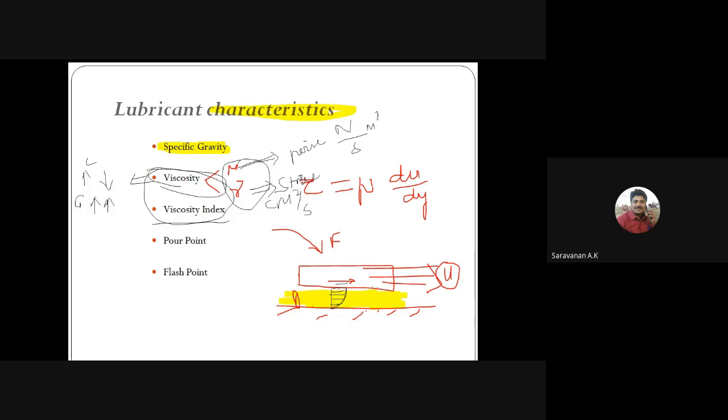So these five are the important properties which we have to use to decide which type of lubricant we need. These are the five characteristics of any lubricant used for particular